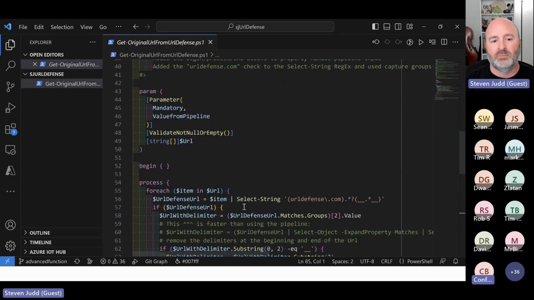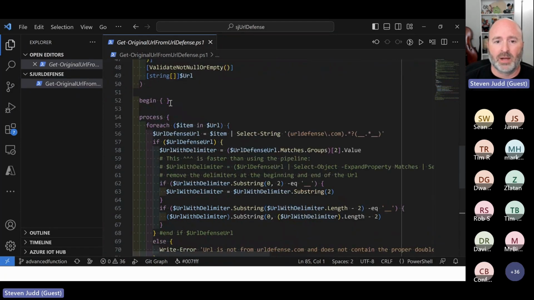All right, well, let's look at our parameter block. Now notice this time I've gone from it all being in one place to being on multiple lines. Still got validate, not null or empty. Now I have a begin block. Now the question was, can you pass more than one URL? I have now changed my string right here, where you can see, to an array. So yes, I can have more than one. Begin block is unimportant. I'm not doing anything to prep this because it's pretty simple.